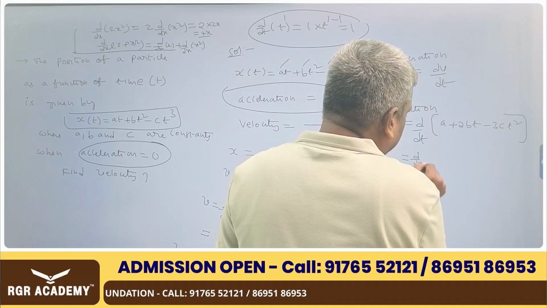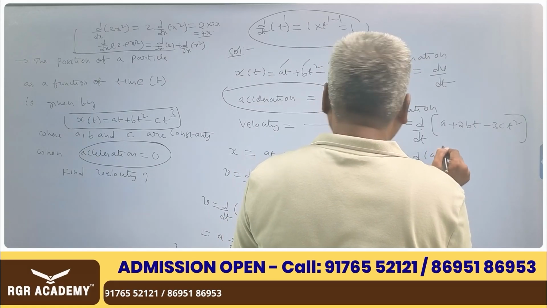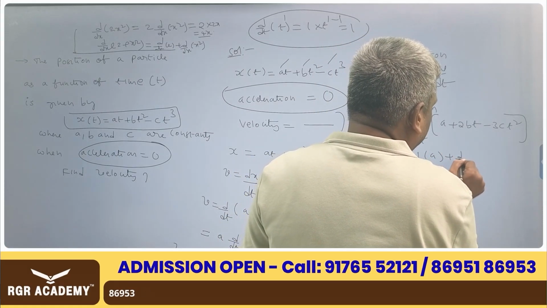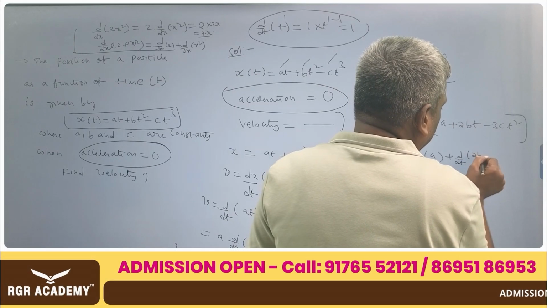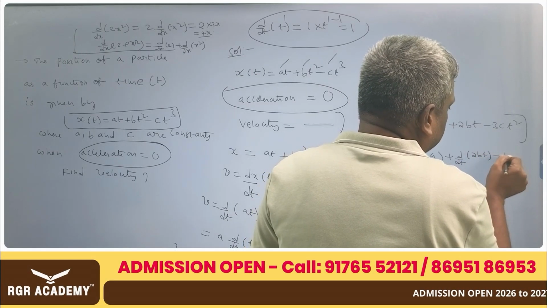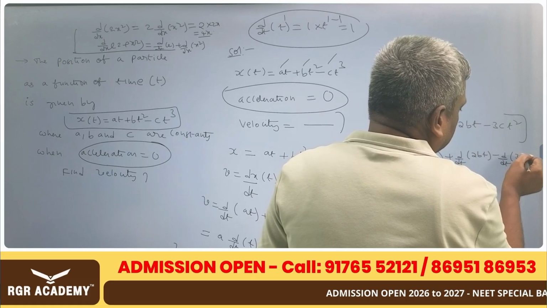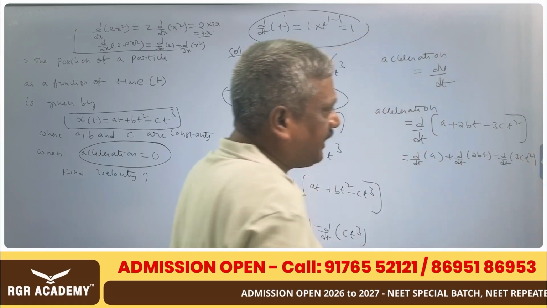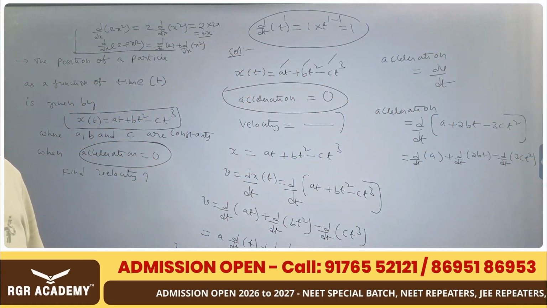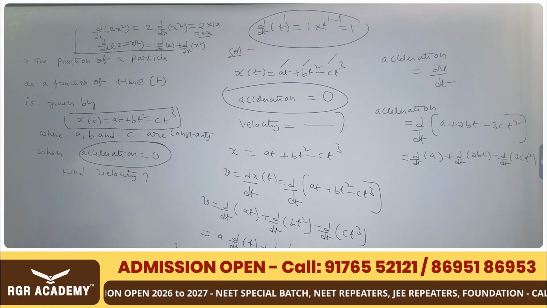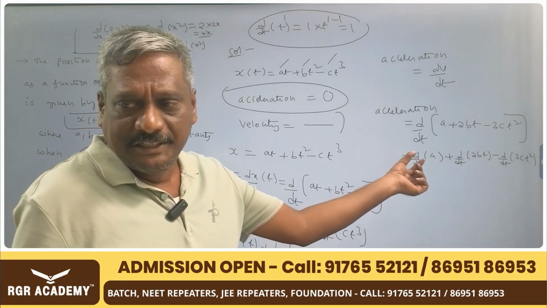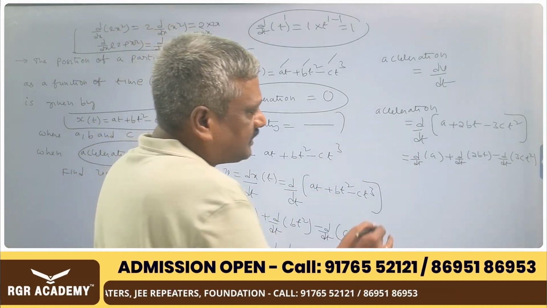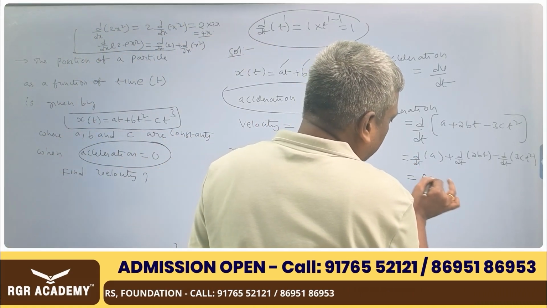That is d by dt of A plus d by dt of 2bt minus d by dt of 3c t square. You can split into three parts like that. The derivative of any constant term is 0. So that first value becomes 0 plus